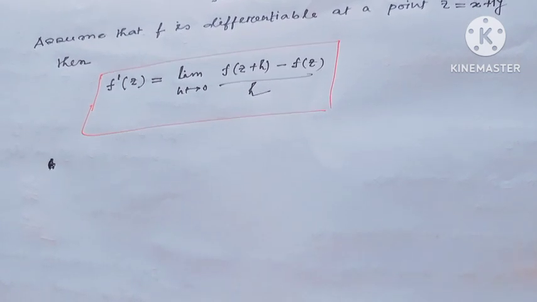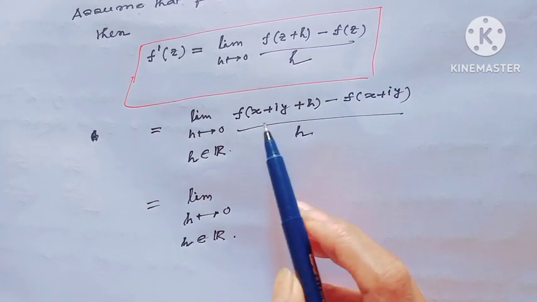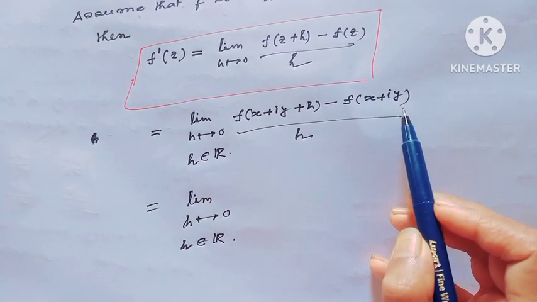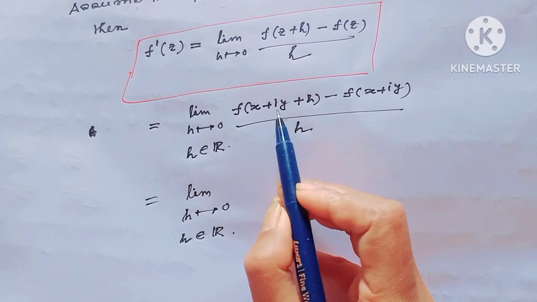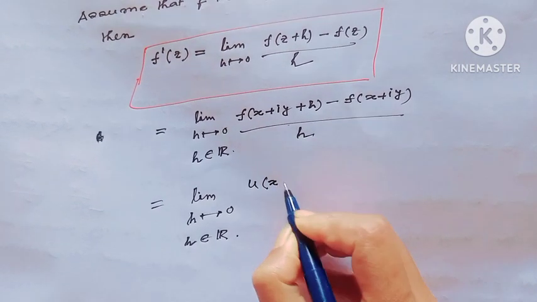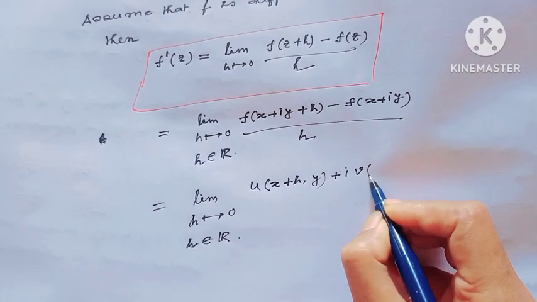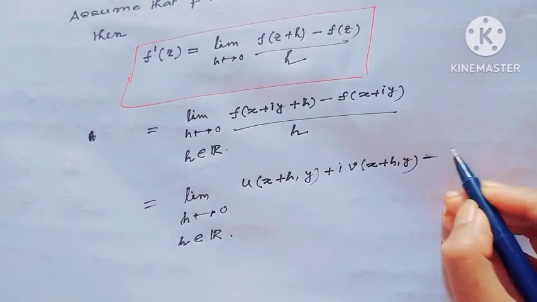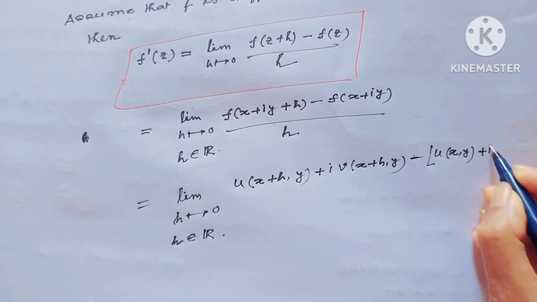When h approaches through the real axis, then (f of z plus h minus f of z) over h means f of x plus iy plus h minus f of x plus iy over h, and f of x plus iy plus h means u(x plus h, y) plus i v(x plus h, y), and f of x plus iy means u(x, y) plus i v(x, y)